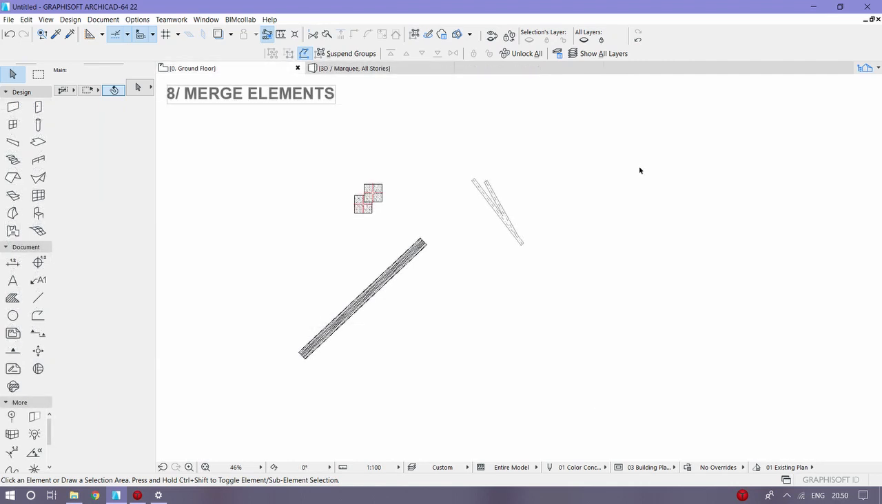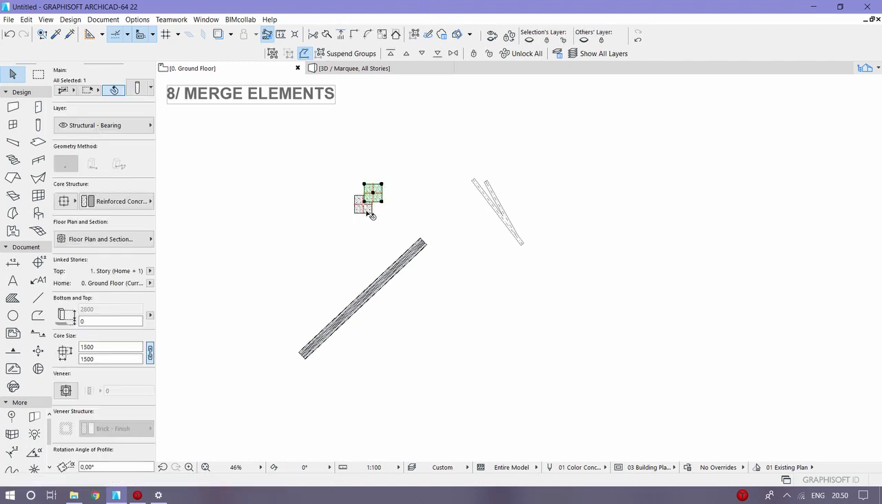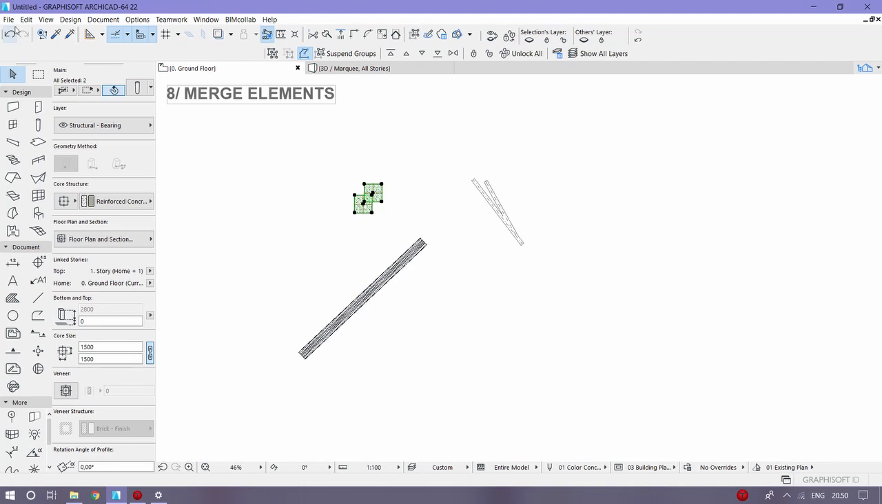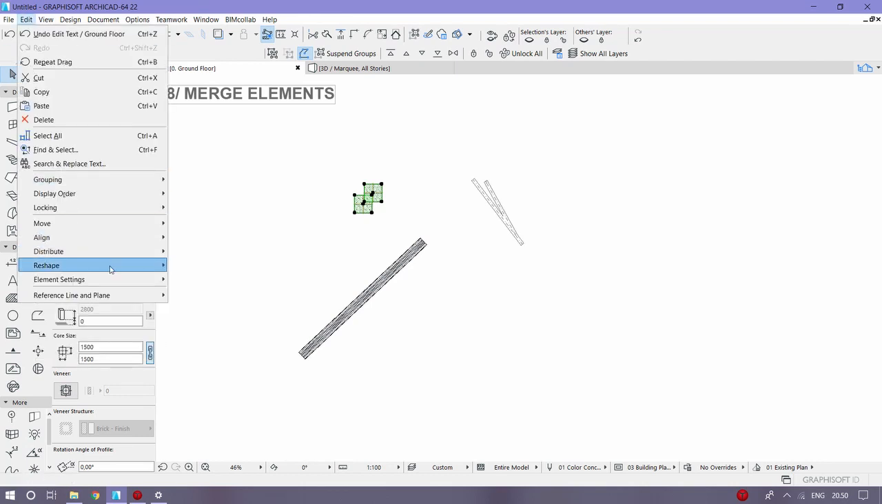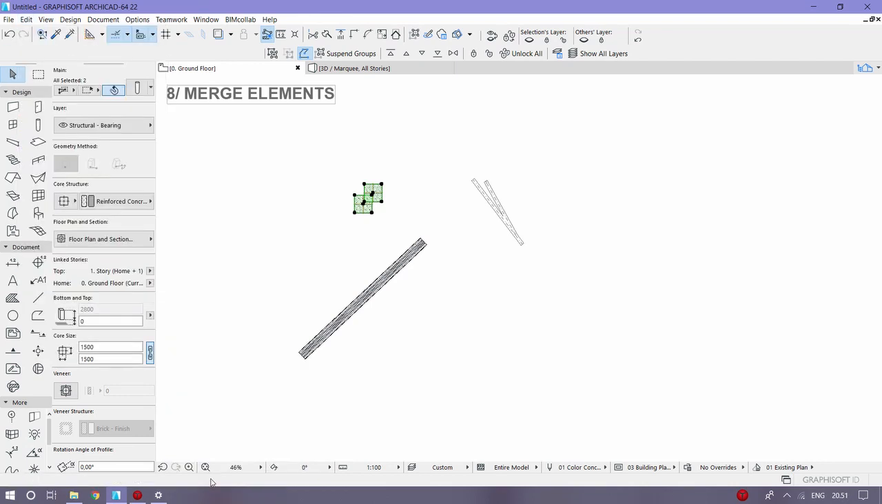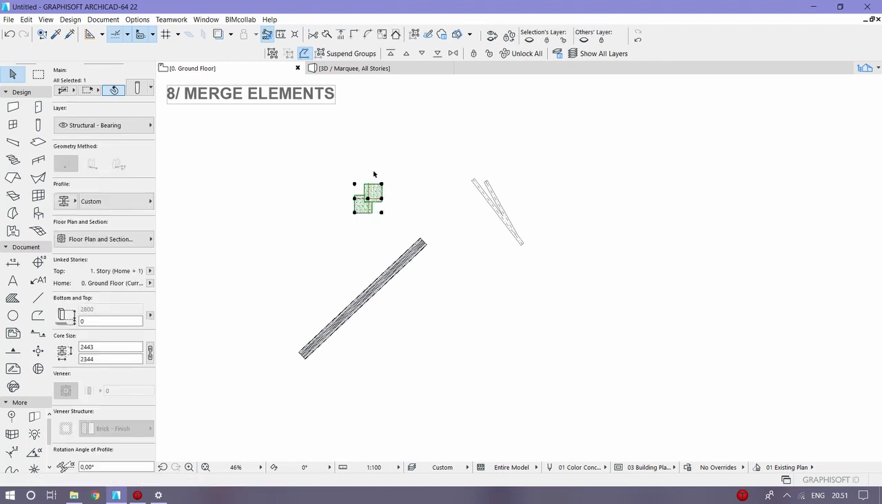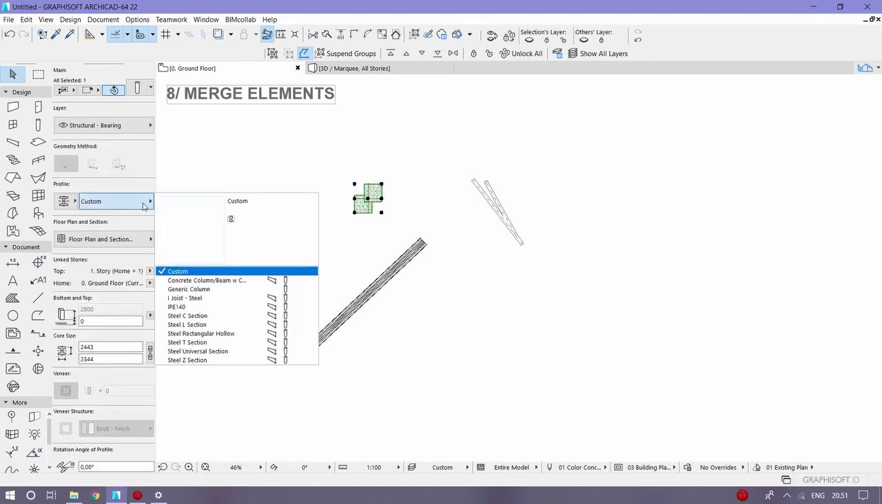Next I'll be talking about how can you merge elements such as walls, beams and columns together. So for example, we have here two columns that are separated, but for an instance we want them to be just one column. So you select those two, go edit, reshape, and you go merge columns. Now when you go to the column, it's just one, and went to the custom column which is made with